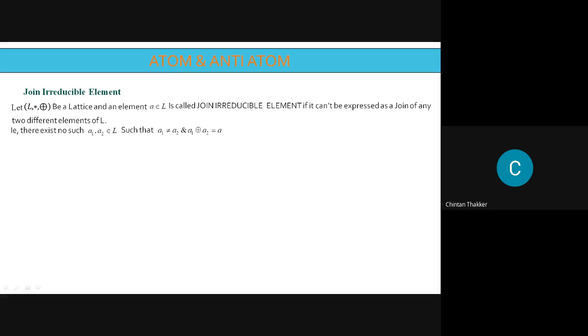Yes, only one line coming from below. हैश डायग्राम में जिस पॉइंट पर सिर्फ एक ही लाइन नीचे से आती हो उस पॉइंट को हम जॉइन इरिड्यूसिबल देंगे।